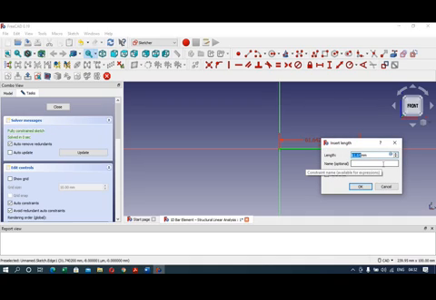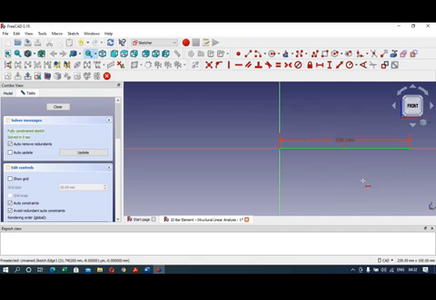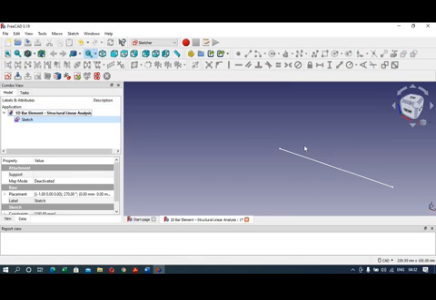The length of the bar is 100 mm, so I will enter the value 100 and click OK. Now we can close this window by clicking on the Close button. Now you can see the bar of 100 mm length. A mouse is required for making use of this FreeCAD software.